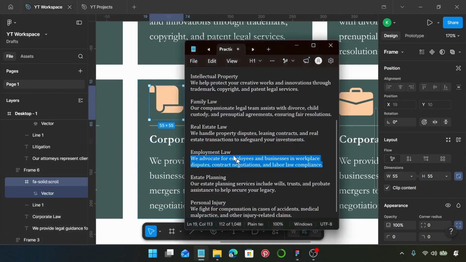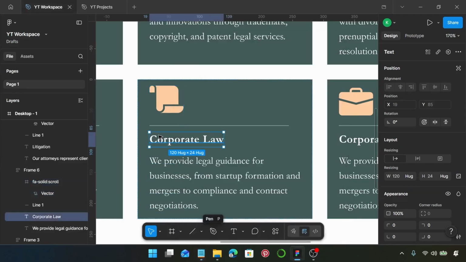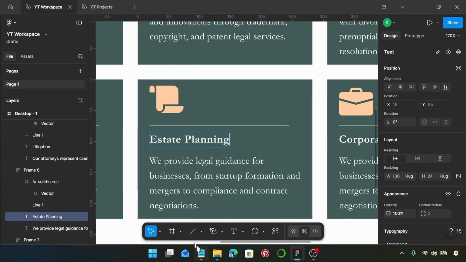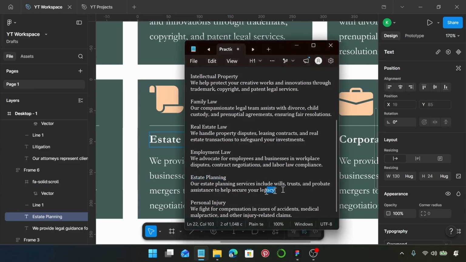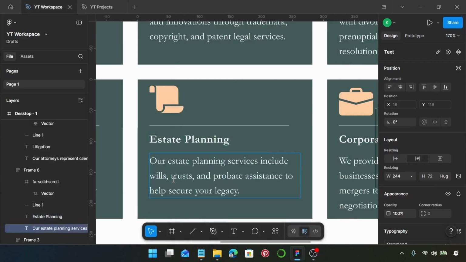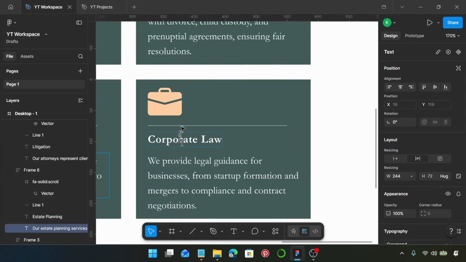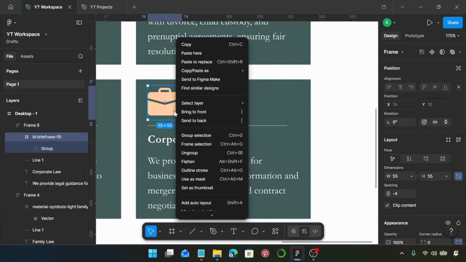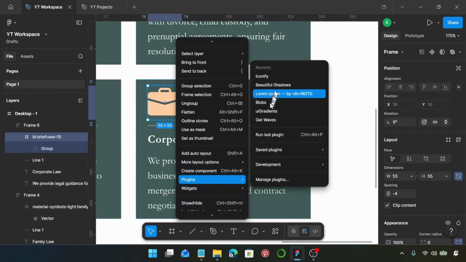I'm going to copy, and then I'm going to paste the title, and then I'm going to copy the remaining text and then paste. Now the final one, select the icon, right click, plugins,